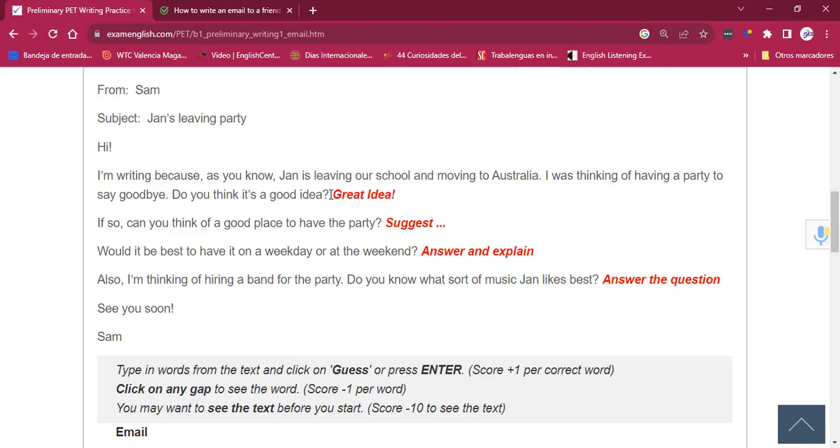Also, I'm thinking of hiring a band for the party. Do you know what sort of music Jan likes best? You know Jan very well, supposedly, and you know the kind of music she likes. So you answer the question directly. See you soon, Sam. Okay, so when you write your email, you have to put from Marlon, from Damaris, subject,